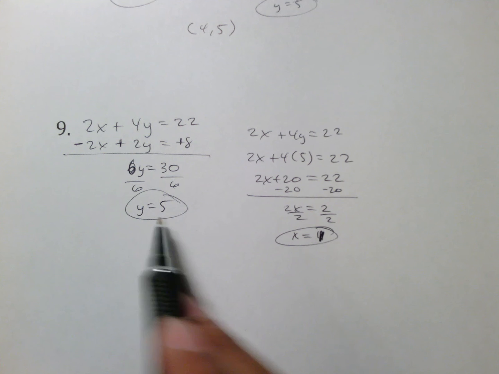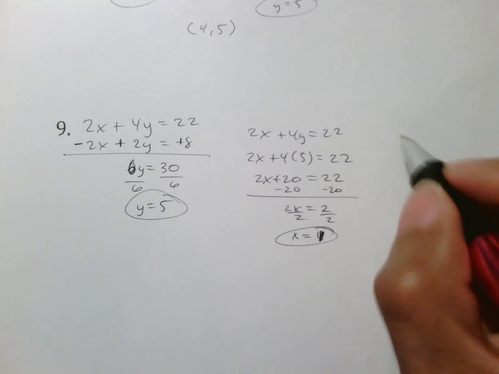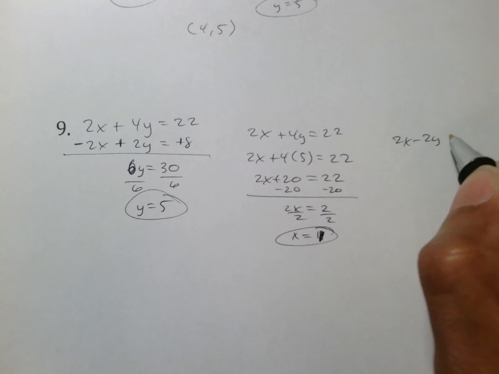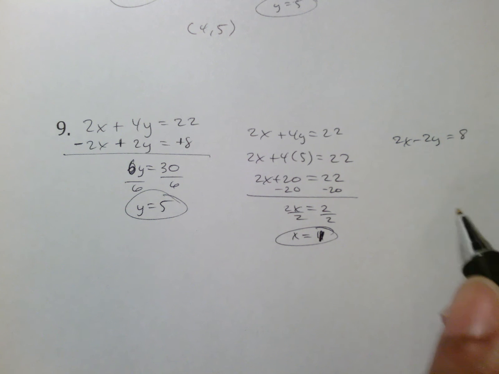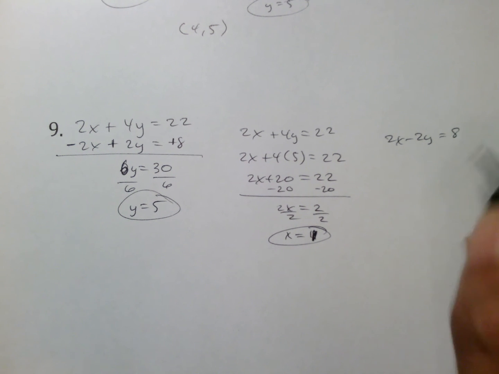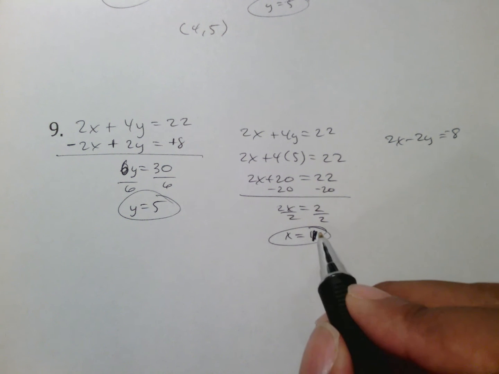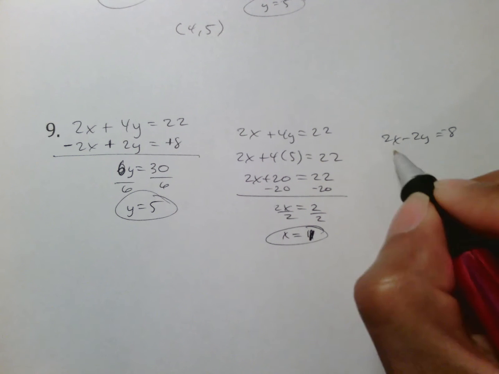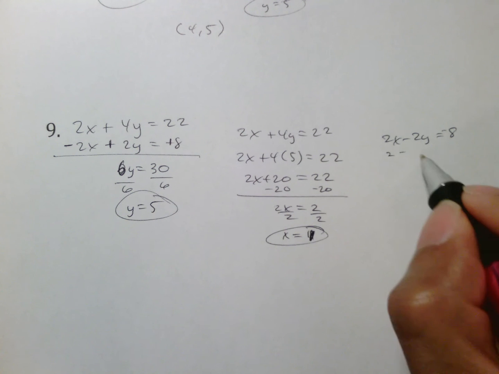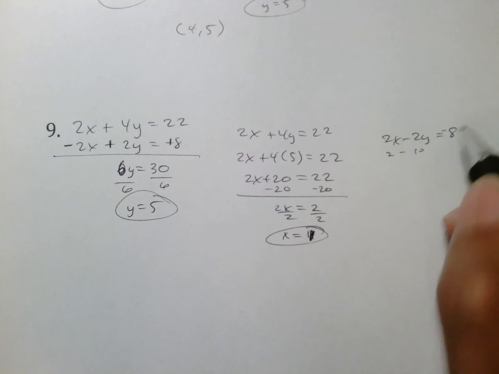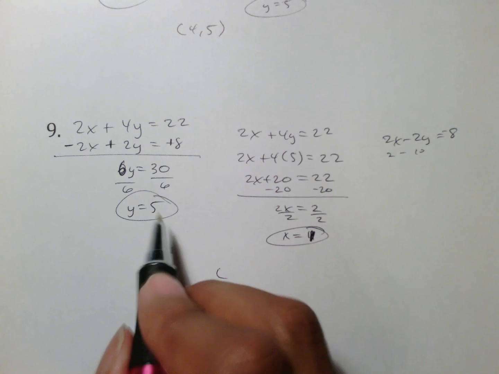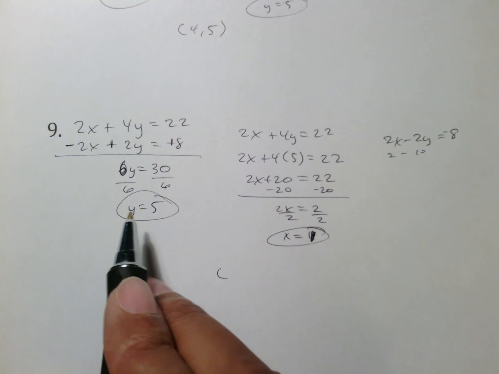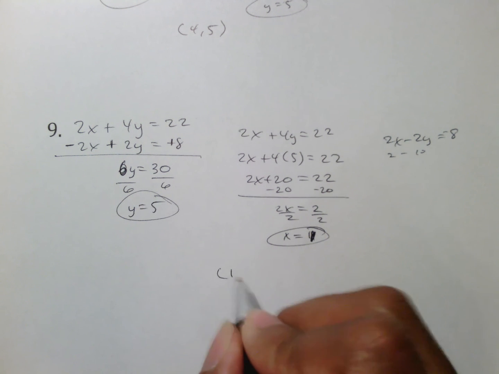Checking this out with the other one, we have, what was it, 2x minus 2y equals 8. Or it was negative 8. And so plugging in x equals 1, that made 2 minus 2 times 5 is 10. 2 minus 10 is negative 8, which means yes, my answer is right. Just be careful not to put the 5 first, because remember, x goes first, y goes second, so it'll be